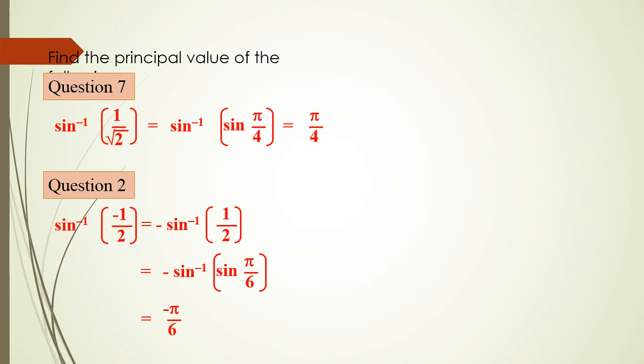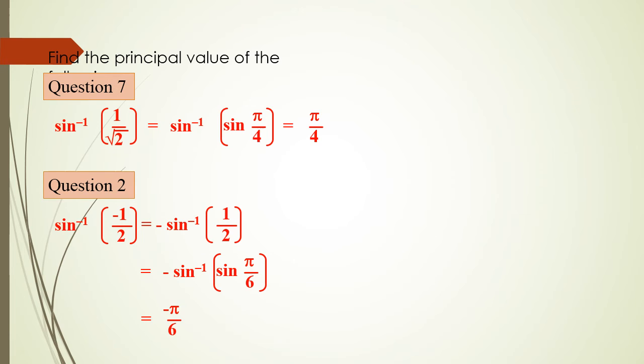So a minus angle for sine inverse as well as tan inverse, and also for cosec inverse, these trigonometric functions, if a minus comes, in this case those respective trigonometric functions can be written with a minus in front of the trigonometric function with its angle. Okay, next, sine inverse of minus 1 by 2 can be written as minus sine inverse of 1 by 2.